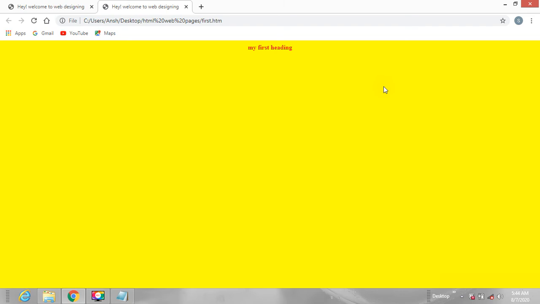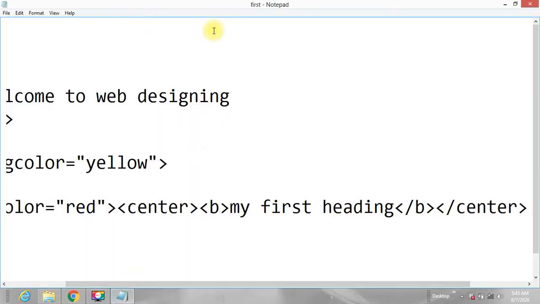Okay, now children, I want to introduce one more thing here: we have 6 types of heading. Heading 1 font size should be bigger, then heading 2 its size should be smaller, then third more small, fourth more small, in that way. So we basically have 6 types of heading. Let me use that in this particular web page.